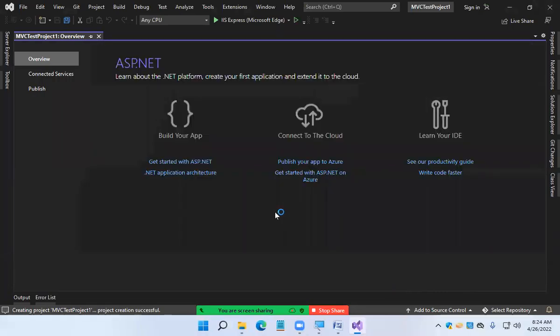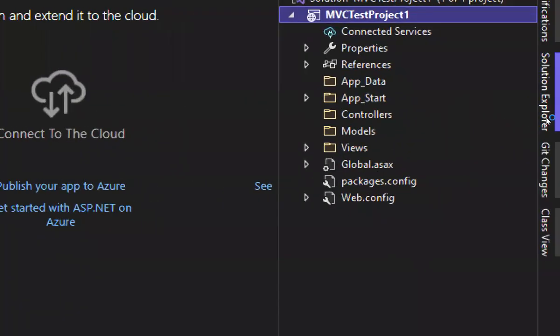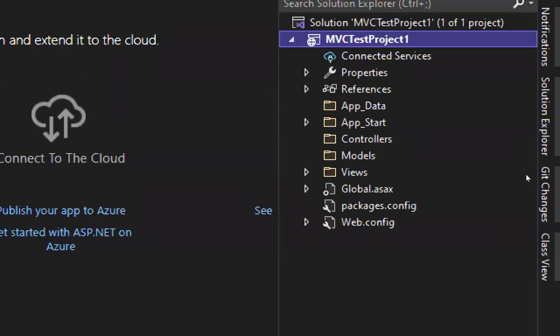It opens the project like this. And if you go to the Solution Explorer, this is your project, and it will add all the required folders for you. See, all controllers should be under this folder. All models should be under this folder. All views should be under this folder. You open a Web Forms project. In a Web Forms project, we add all the forms directly under the project only. Yes or no? But here, everything is going to be very clearly separated.